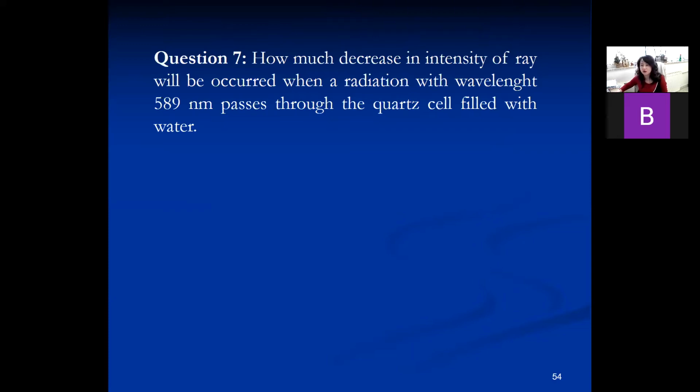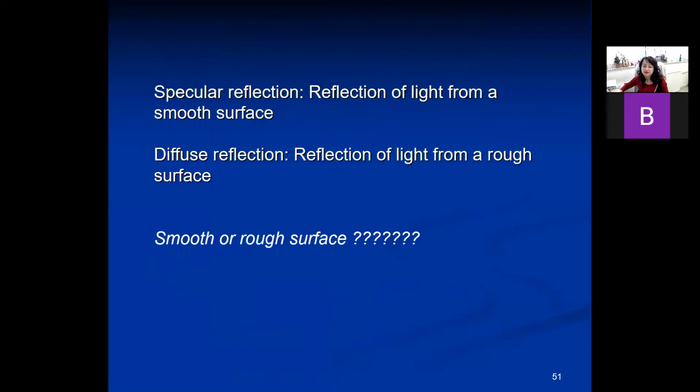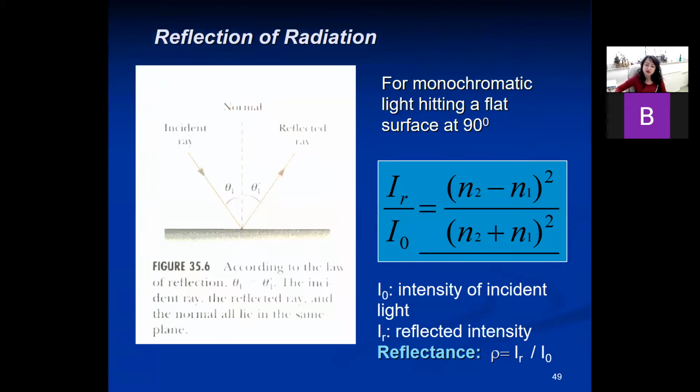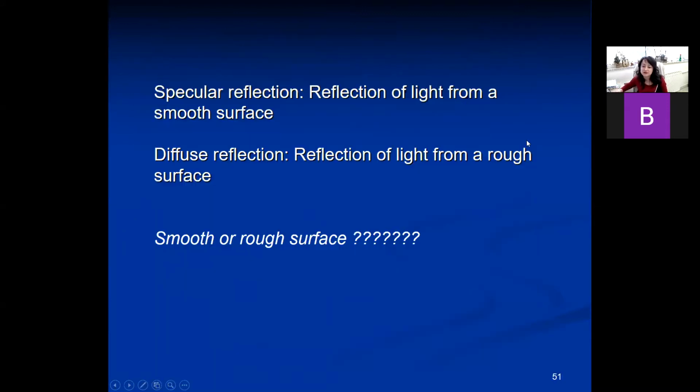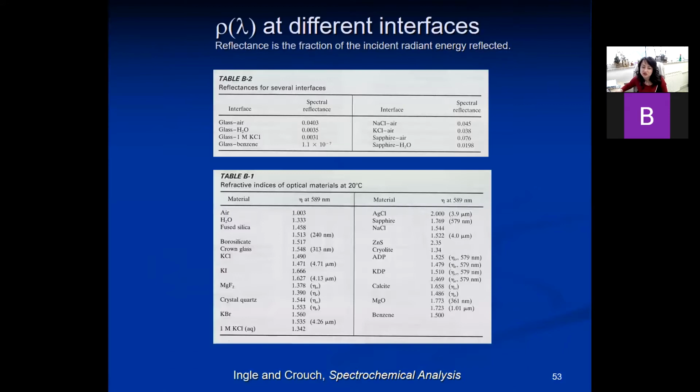Which equation should we use to calculate the decrease in intensity? This reflectance equation. Why? Because we know that the intensity of radiation changes with the difference between the two media. So we are changing the media, and the intensity will change. And we need the values of the refractive indexes of air,